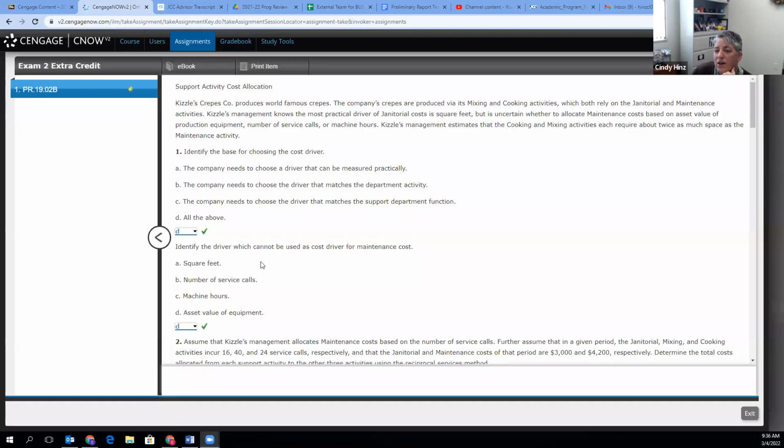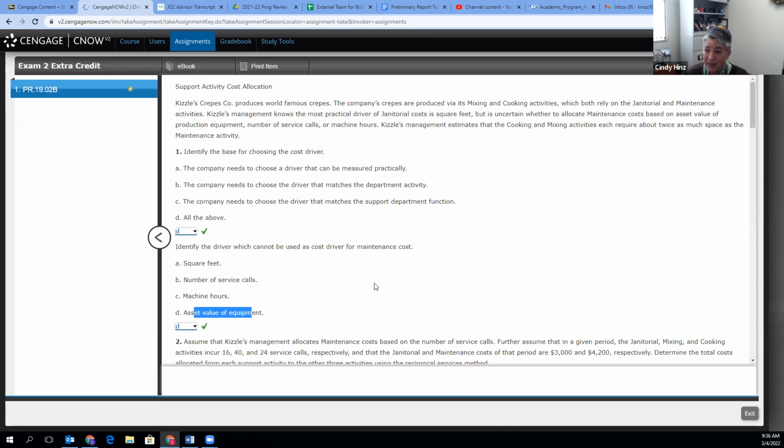Okay, so we just discovered using the check my work button that it did not like my answer of square feet for this second question. And you can see using the guess and check method that the answer it wants is asset value of equipment. I personally have an issue with that because of the way this is termed, which cannot be used. And the explanation provided by the textbook for the reason asset value cannot be used is because it's not a good estimate of